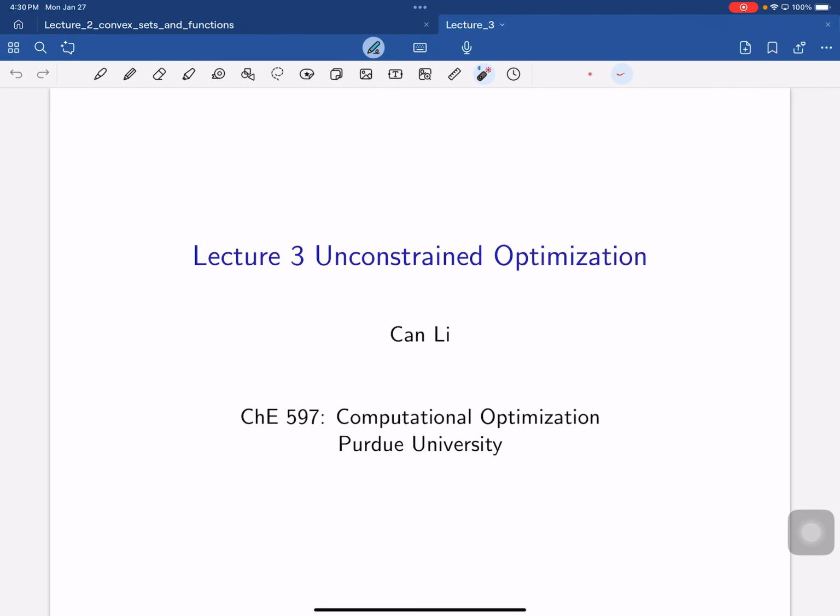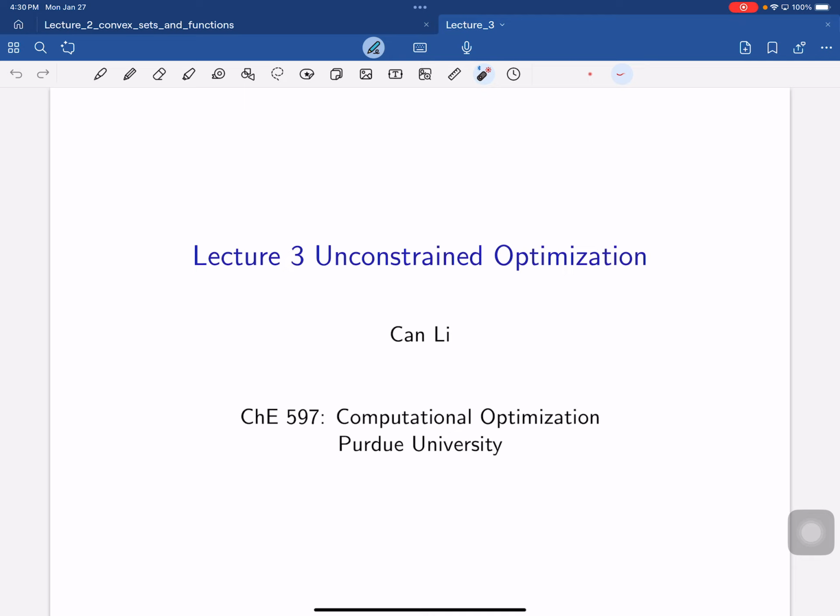Yeah, so in this lecture, we will talk about unconstrained optimization. Just a very brief review of what we did last time. We talked about convex sets and convex functions in the previous lecture, especially their properties. First, we gave the definition of what a convex set and convex functions are, and then we gave a few examples. And then what's important in the previous lecture is we gave the first order characterization of the convex